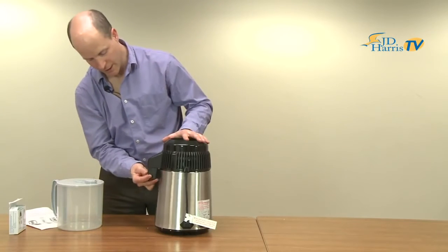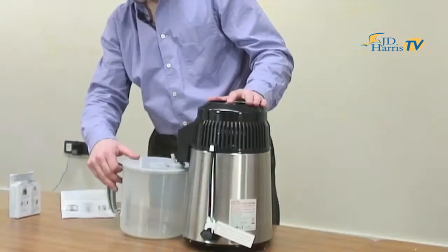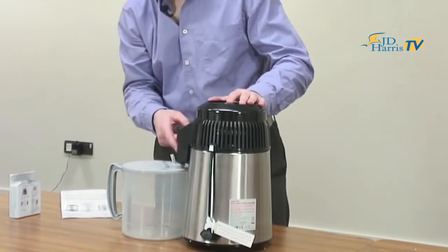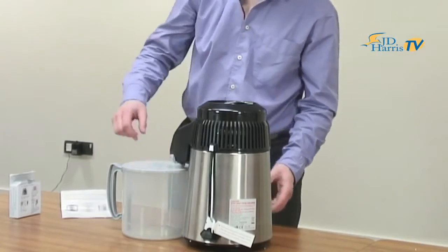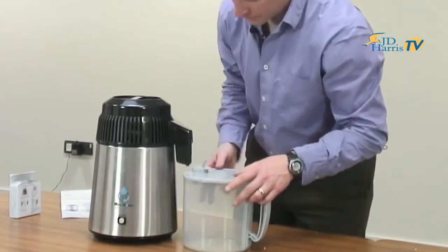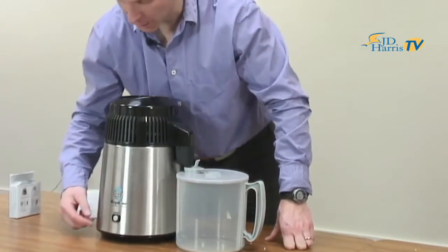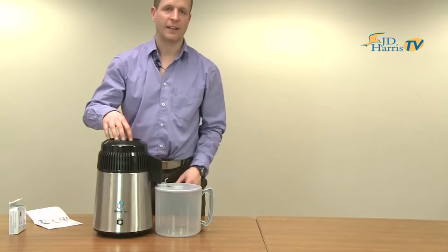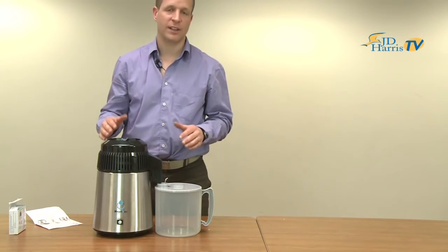So once that's in place there, you then get the collection jug and just position it quite carefully so that it's in the kind of hole that it goes into when you lift up this little flap here. And then I've got this around the wrong way, but I'll just put it the right way so you can see more easily. All you have to do now is turn it on, which just means pressing the button here. Now once you hear the fan start moving here, then the distiller is working